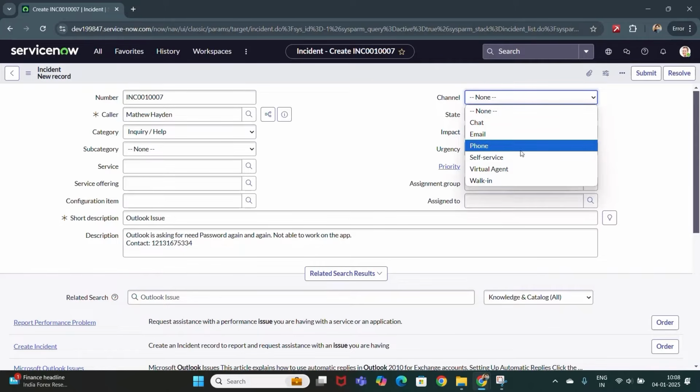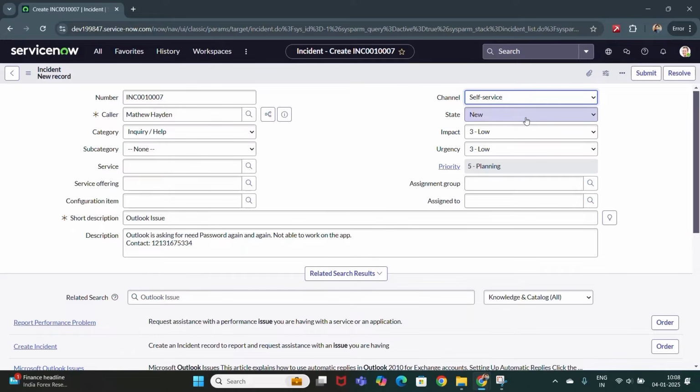I will choose self-service if the user created the ticket using the self-service portal. I will choose virtual agent if the issue was reported through an automated virtual agent. I will choose walk-in if the user physically approached my team to report the issue. So here we will select self-service,